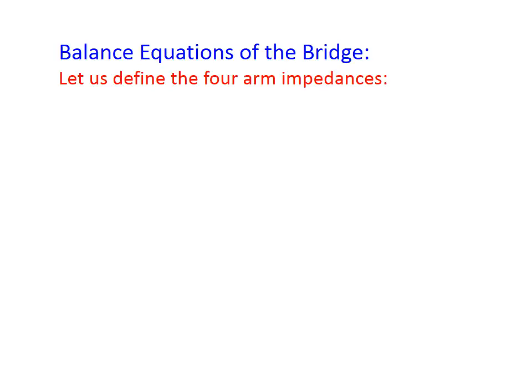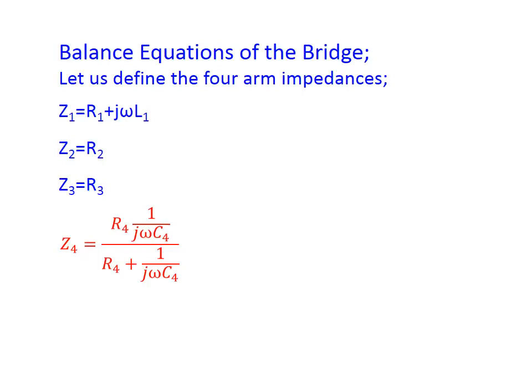Let us define the 4 arm impedances for this bridge. Z1 equal to R1 plus j omega L1. Z2 equal to R2. Z3 equal to R3 and Z4 equal to the parallel combination of R4 and 1 upon j